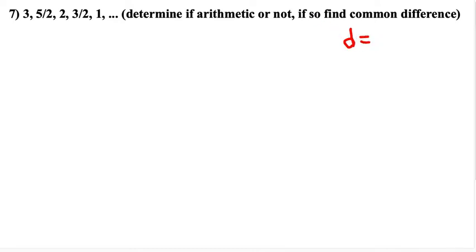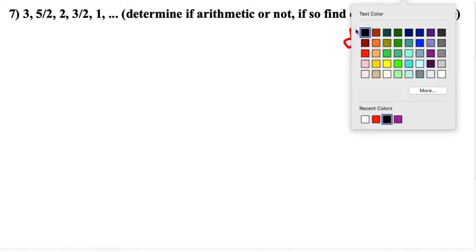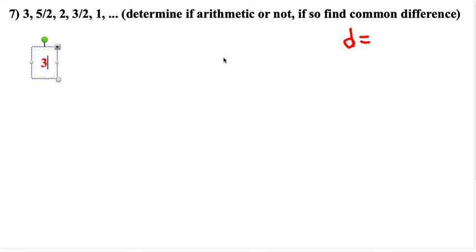Now looking at this, it might be easier to look at it in terms of decimals, because right now what we're looking at is 3, 5 halves, and so on. But if you look at this, this is also the same as saying 3, 2.5, 2, 1.5, 1, and so on. It's equivalent. This means what? Well, simply put, it means that the common difference, that is to go from one to the other, remember that would mean I take